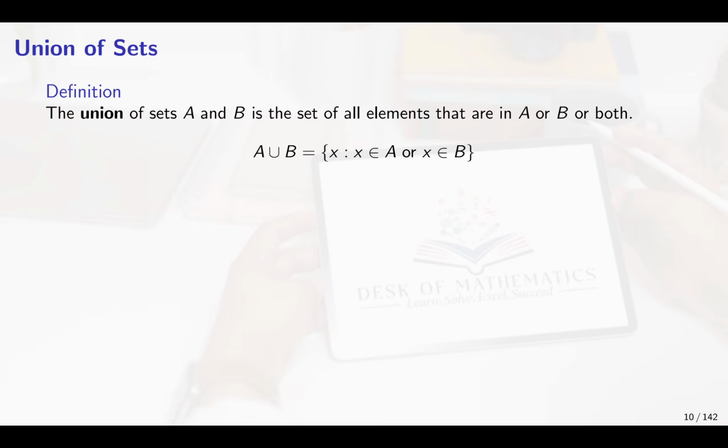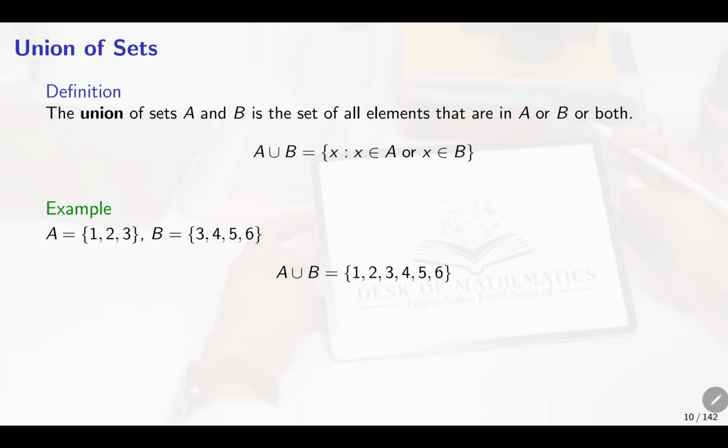Now the definition of the union, so note it here. If you have two sets A and B and take the union, it is again a set in which the elements will be from A or from B. This 'or' is important, and we use it in propositional calculus. For example, A has the elements 1, 2, 3 and B has the elements 3, 4, 5, 6. So A union B has the elements 1, 2, 3, 4, 5, 6, either from A or from B.